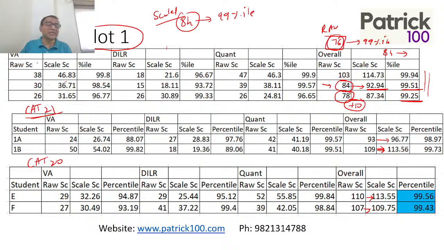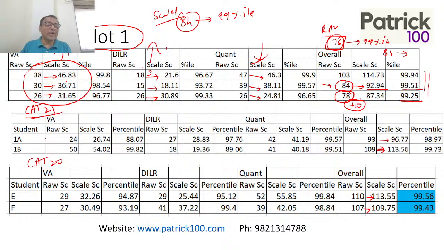If you look at section-wise, in verbal in CAT 22, there was a scaling up of almost 6 to 8 marks. In DLR, the scaling was almost 3 to 4 marks, almost 5 marks. Con, the scaling was down. Con did scale down last year for slot 1. So this was up, this was up, this was down.